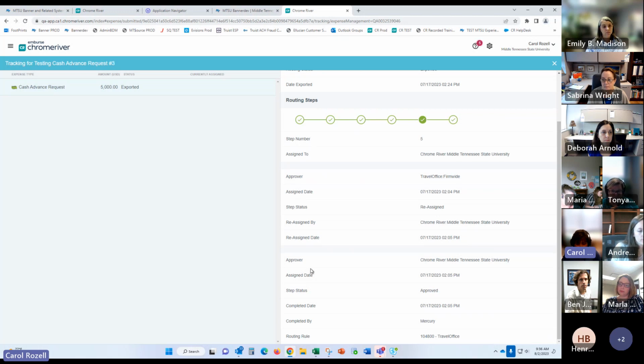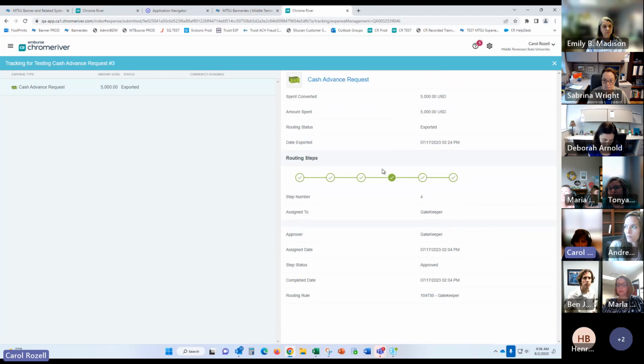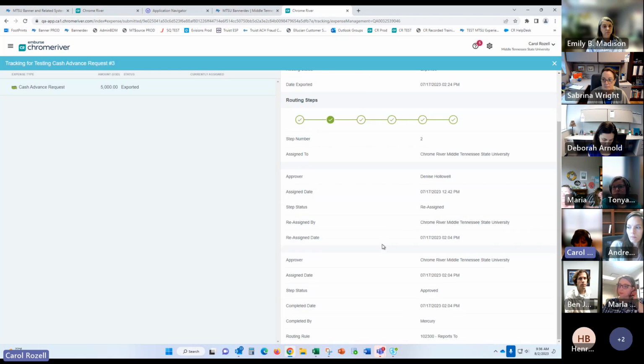It just shows his HR approver knows that he's traveling, and it also went to the index approver who's paying for the trip. They knew and they approved it also. So the routing took care of that. If you do see something routing to someone and you don't think that's correct, you can reach out and we'll look at it. That index approver is something that we maintain over here in our office, and we upload that